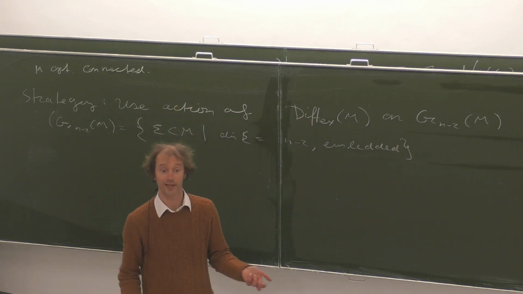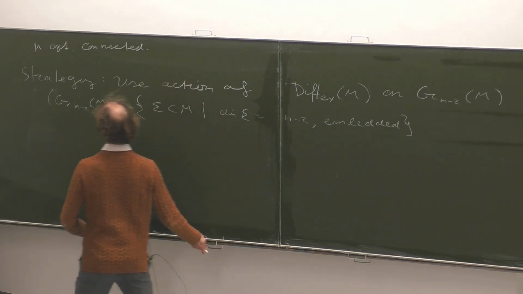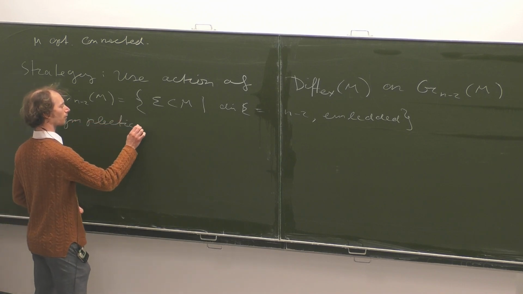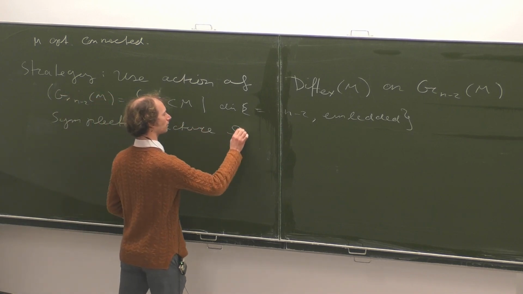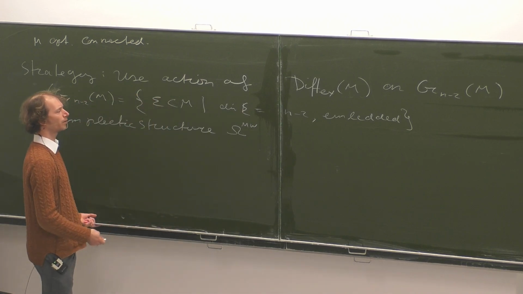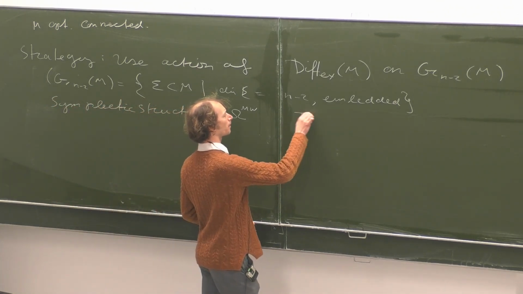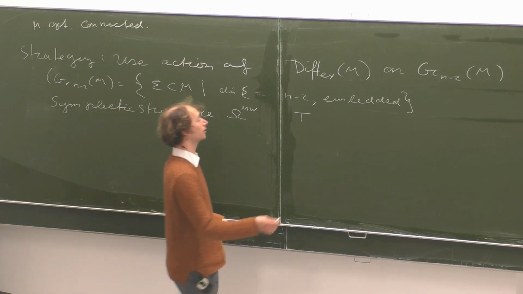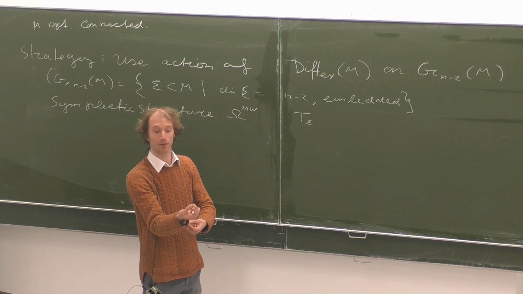It's also a nice smooth manifold, and it has a symplectic structure, sometimes called the Marston-Weinstein symplectic form. So what it does is the following. A symplectic form is a skew-symmetric bilinear form on the tangent bundle. Right? If you look at the tangent space of the Grassmannian at a certain submanifold,